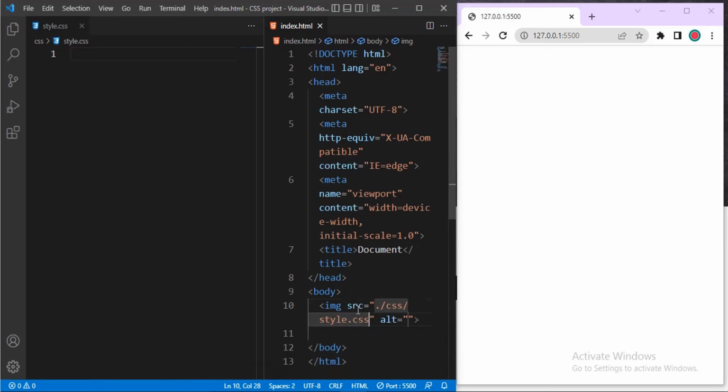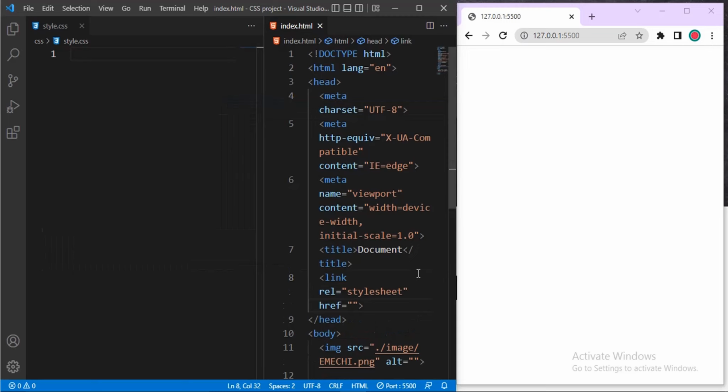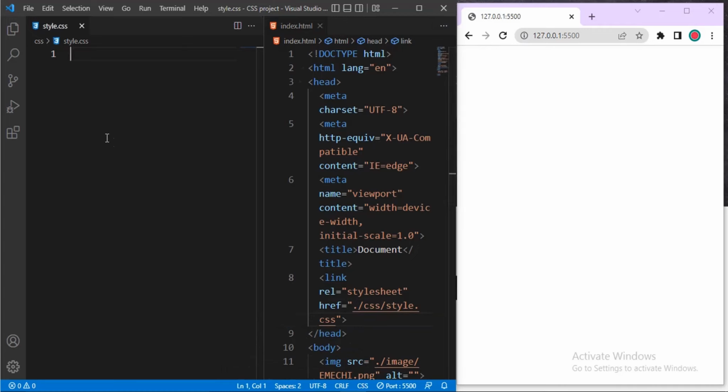to our image, not CSS, talking about the image folder. Then we're making use of this same image. Then we'll link our external CSS file by doing link, dot slash, css dot style. Okay, our CSS is now linked, so we can now write the CSS code for our image